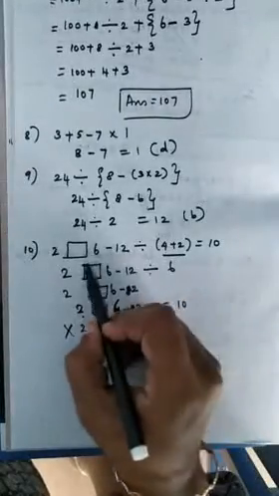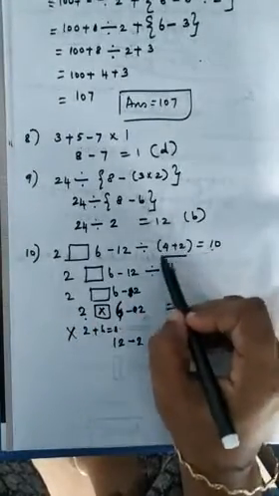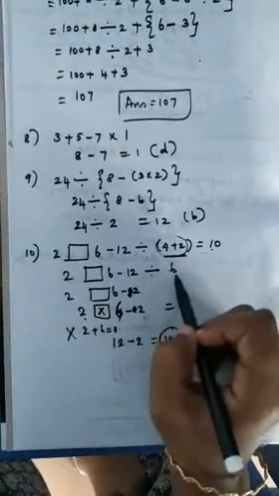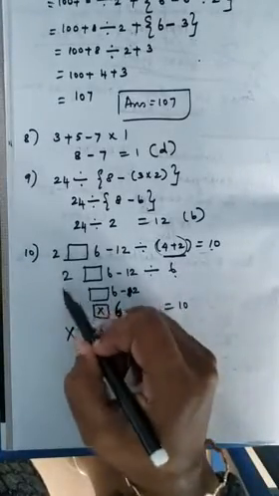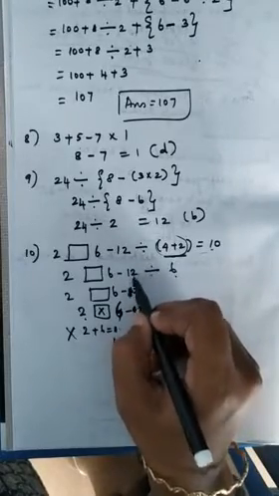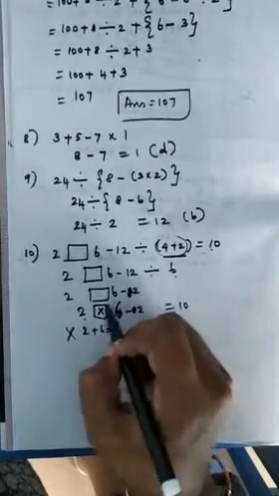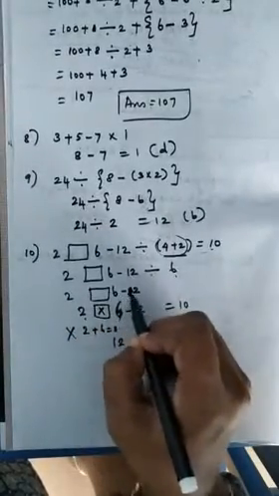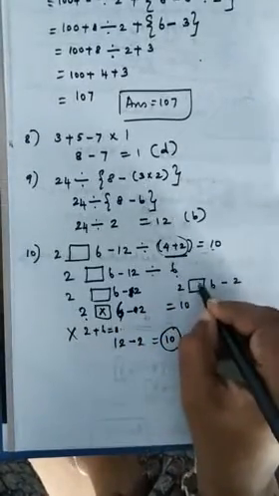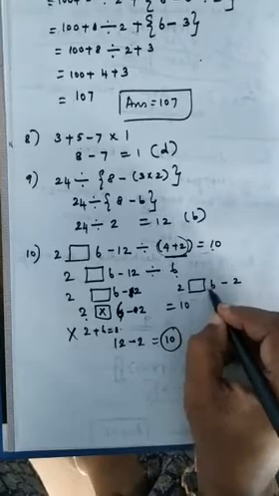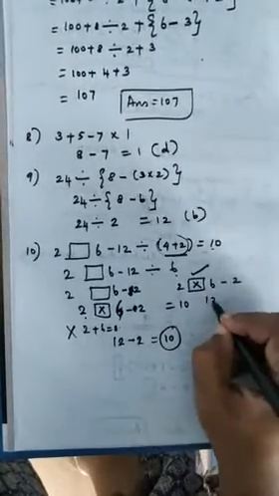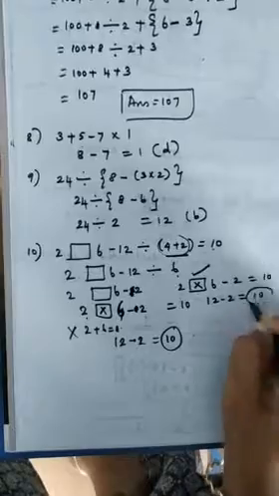Okay, I will repeat this again. They are given this portion. First we will do this portion. What is this? 4 plus 2 will be giving 6. Now don't divide first itself. You have to check whether we can apply any rule here. After 12 divided by 6, I can take 2 and keep it as it is. Now I have 2 and I have a box, then 6 minus 2. What do I have to put here? I cannot put plus, it means it will become 8 minus 2, which is 6. So I have to put only multiplication. That means it will be 12 minus 2, which is equal to 10. Okay.